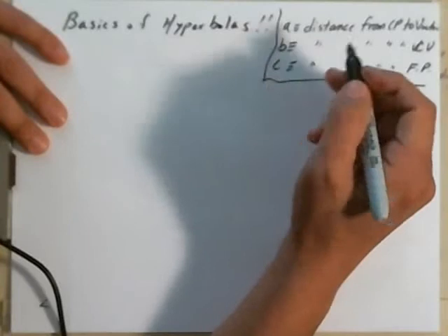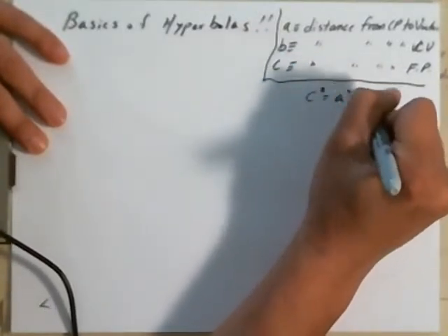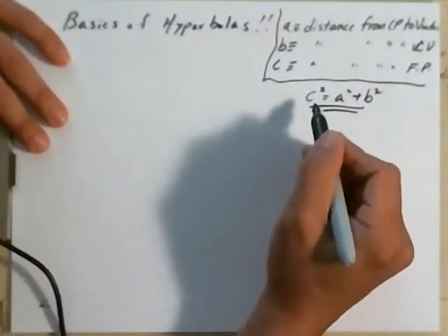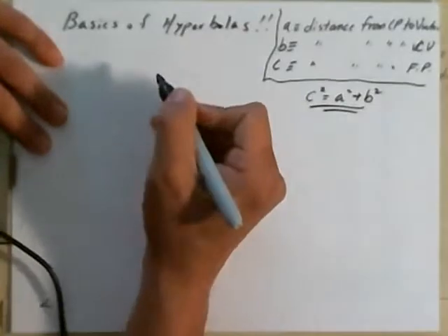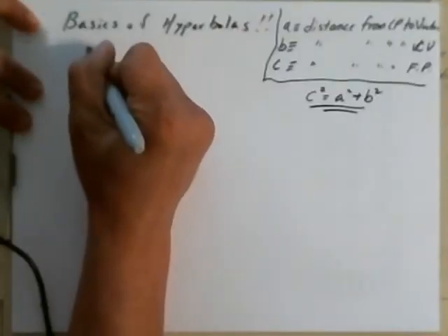And the relationship between A, B, and C is C squared is equal to A squared plus B squared. It's kind of like the Pythagorean theorem, so it's easy to memorize. Also, another basic thing that you have to know is that this is the standard form,